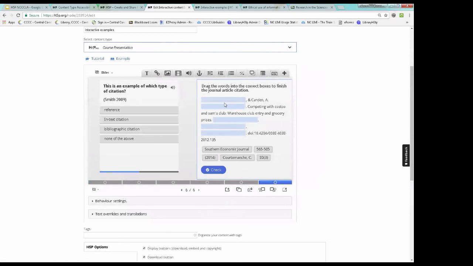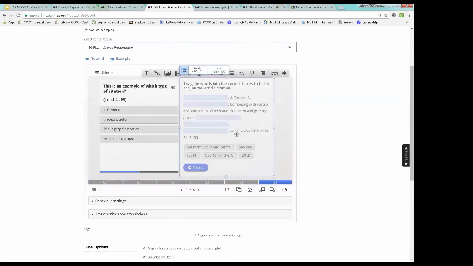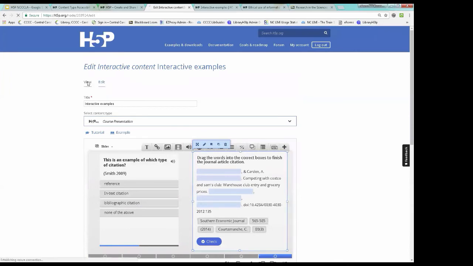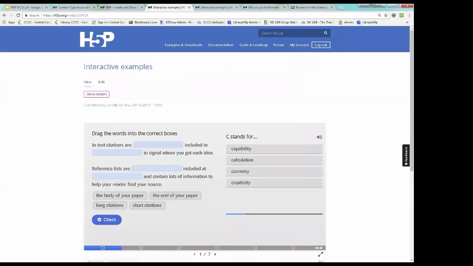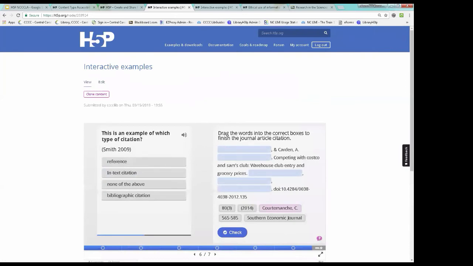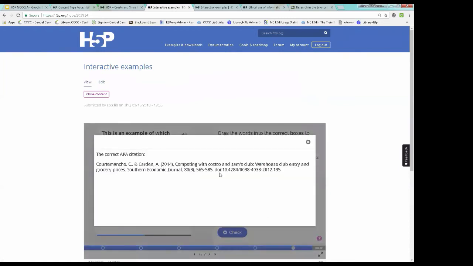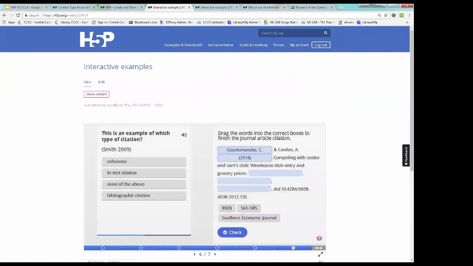So for citations, it is so good for citations because they are so formulaic. This looks like an APA. Because we can ask students to place the pieces of the citations in the actual spots that they go in. So the author is going to go here, the publication date. And with this little show comments, you can add a comment that will help a student so they can see the correct citation and go back and add theirs. Oh, scavenger hunt assignments. I like that. That's really cool. So yeah, this is H5P.